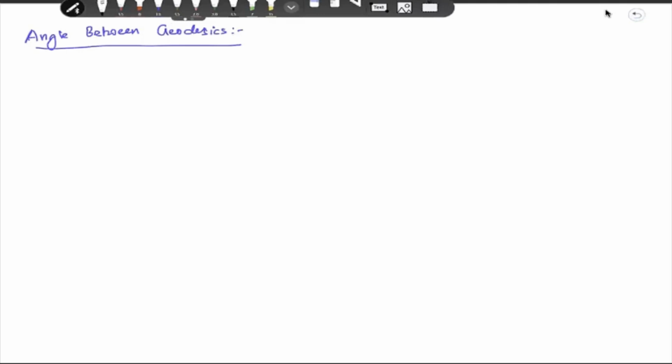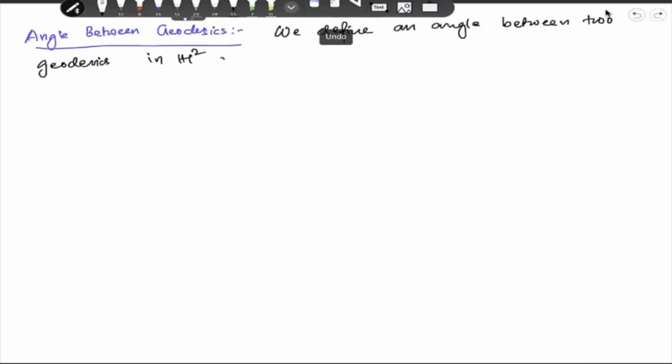The angle between those tangent vectors will be called the angle between those two geodesics. So we define an angle between two geodesics in the upper half plane